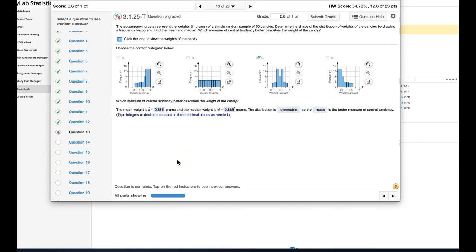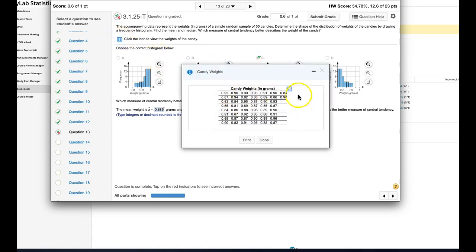On problems like this one here from chapter 3.1, we will be using StatCrunch to solve. You can use StatCrunch to find means and medians from data. In this case here, you can't calculate the mean and median just by looking at the graph or clicking in there. So we can see from this data here,